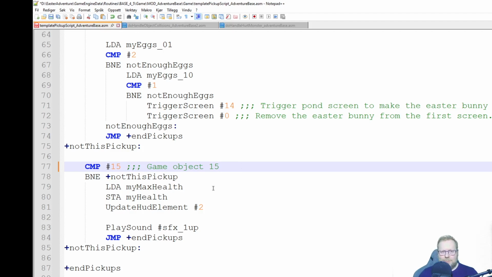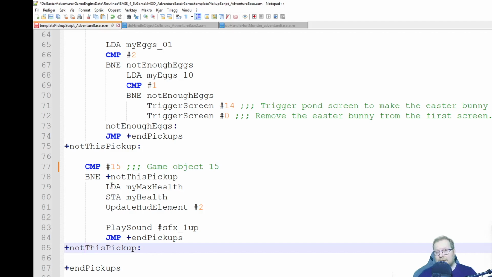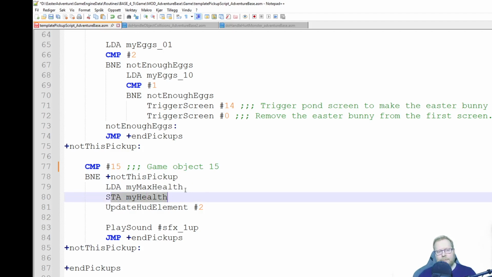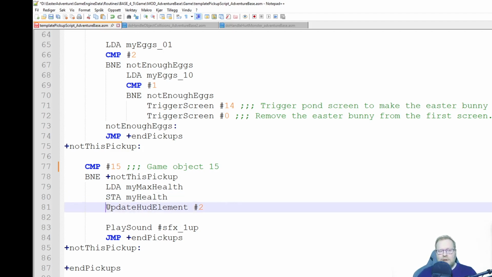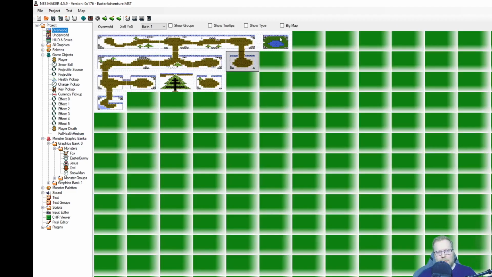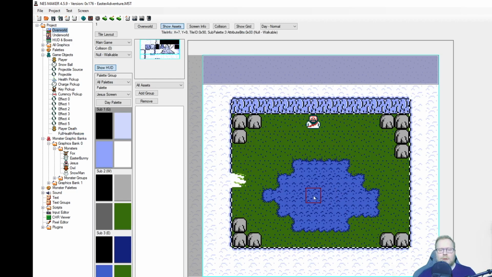So game object 15. Is it game object 15? If it's not, we go down here. But if it is, if we are colliding with game object 15, we say load my max health, store that in my health. Which, if you have set things up correctly, should give you max health. Alright, then we update the HUD element so the HUD is updated with full health. And we just play a sound. So really simple thing. So that's how I get full health or get healed when I go to the center